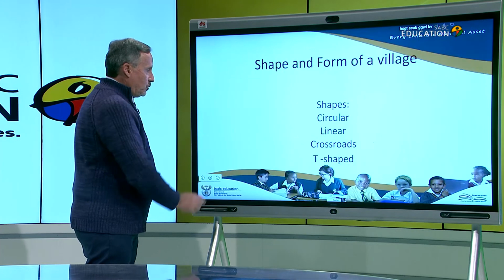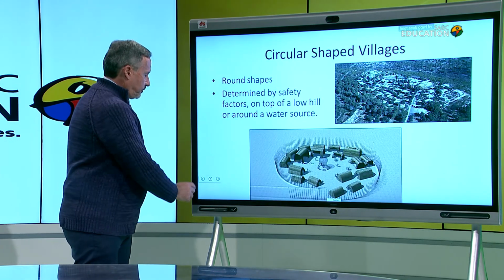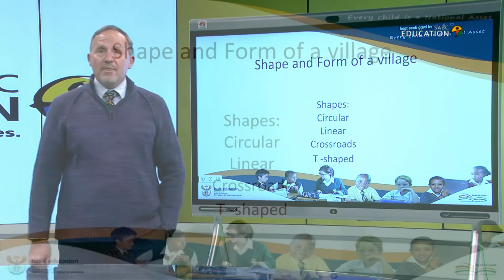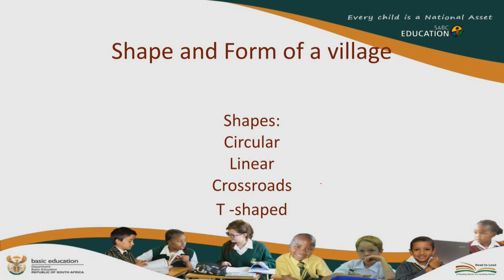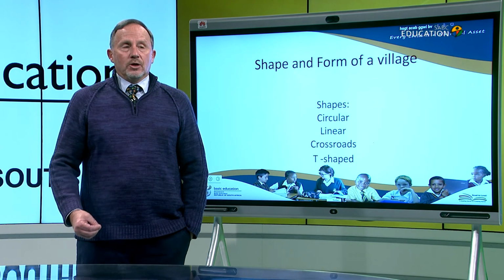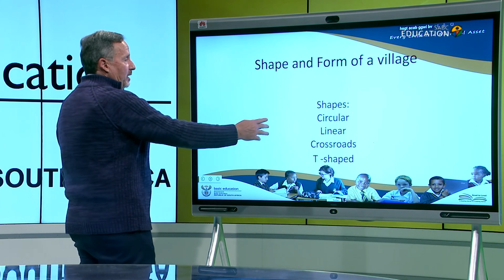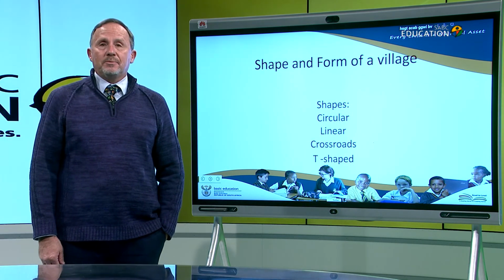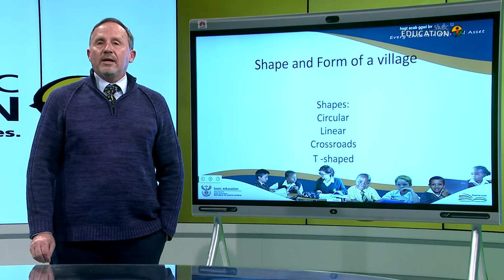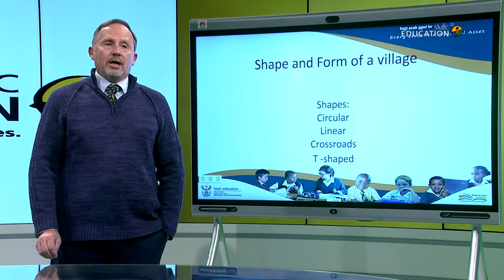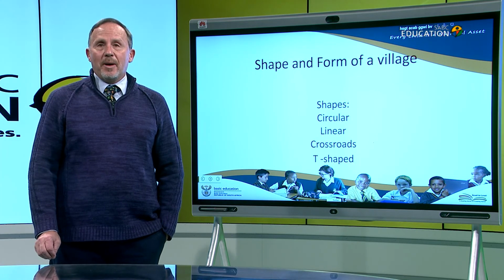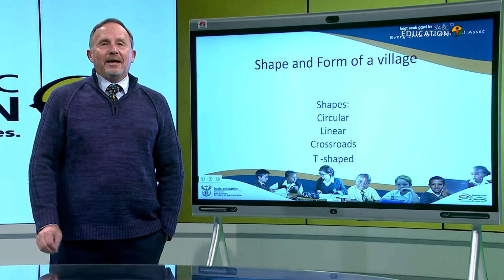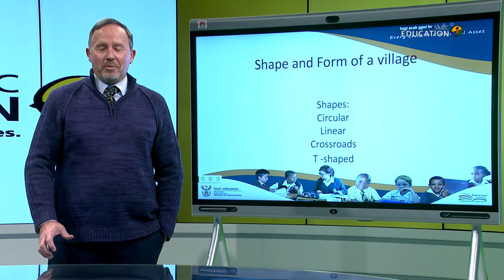When it comes to other patterns, these are patterns that deal with urban settlements that are found in the countryside. So of the 5 patterns we have here, circular, linear, crossroads, and T-shaped, they have very interesting ways in which you can, 1, identify the pattern, and 2, here's the important part, the interesting part about all of this is